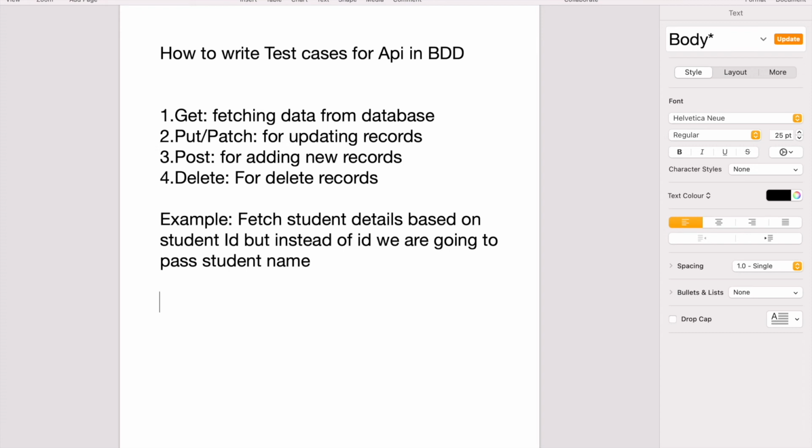Are we passing the student ID as a query parameter? Are we passing the student ID as a path parameter? Because in both cases we will receive different responses. So let's see. Given